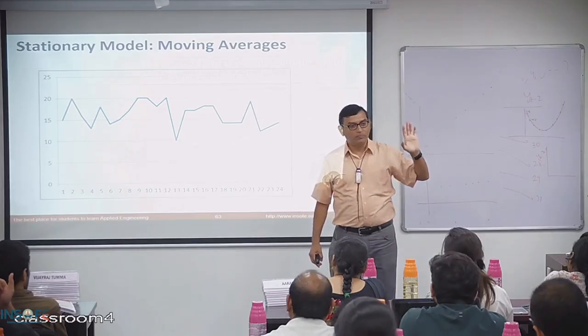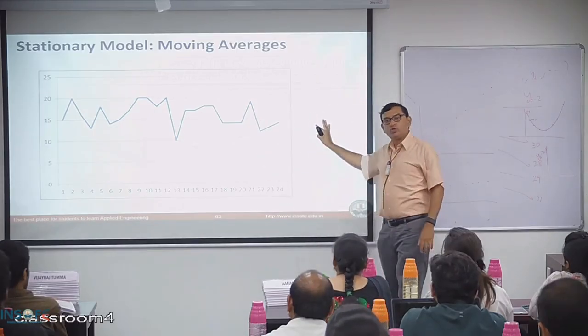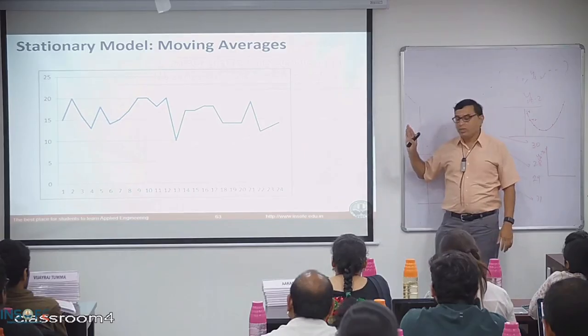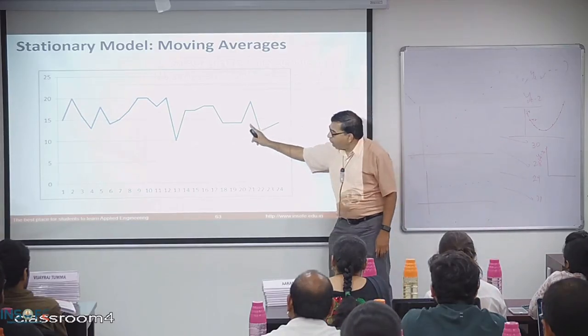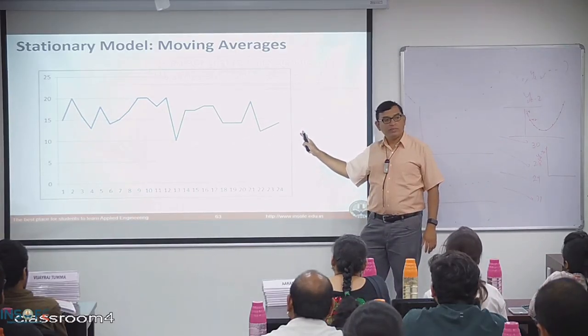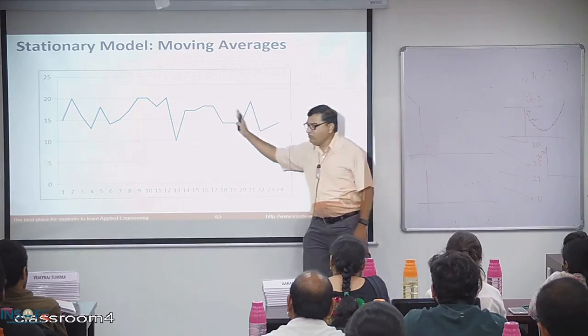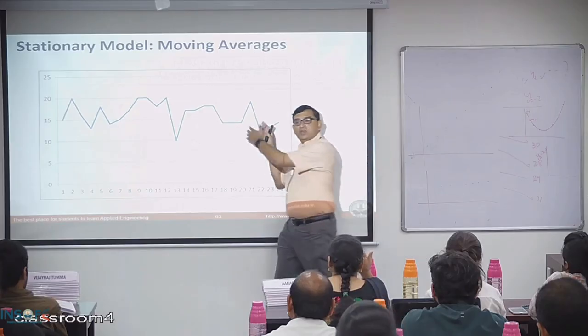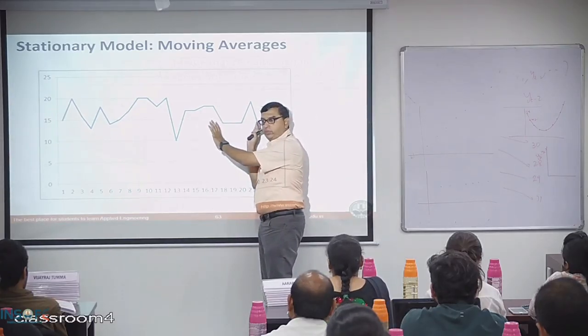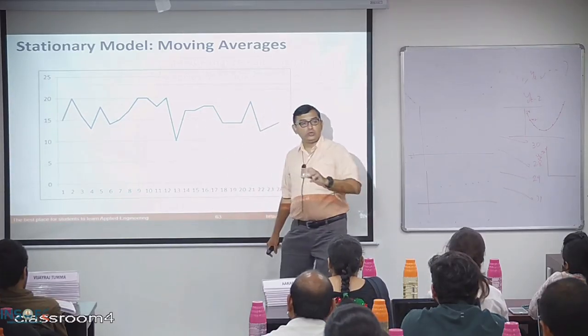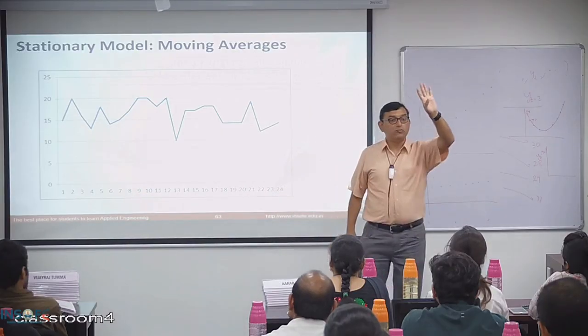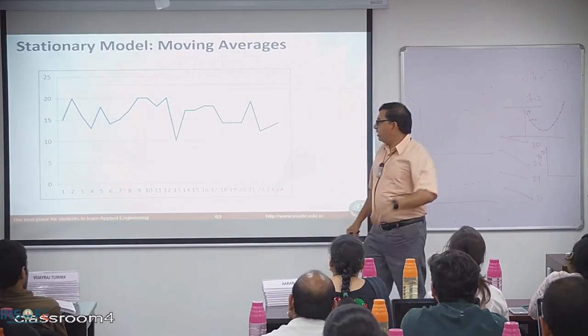In this case also, that's what we are going to do. The easiest forecast of this data, not the best, is going to be the mean value of some previous n number of values. For example, you might choose the previous 4 values. So at any point of time,